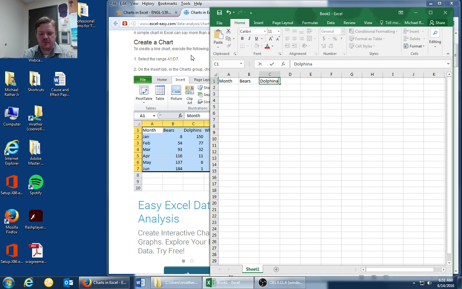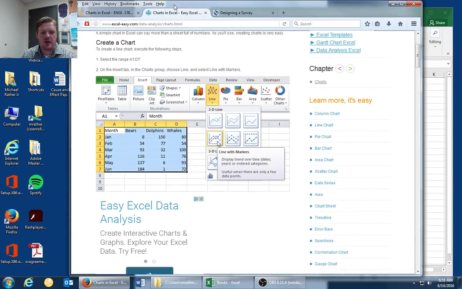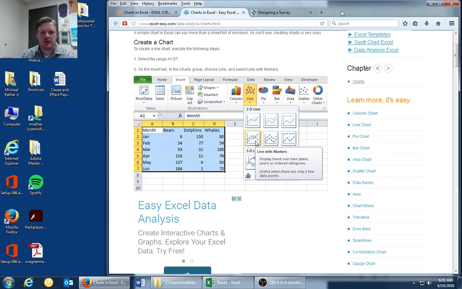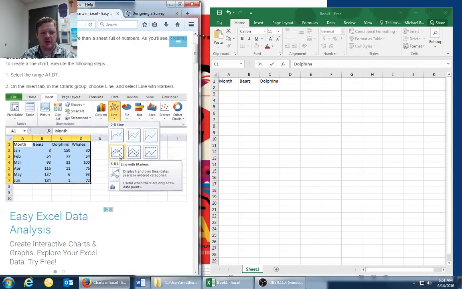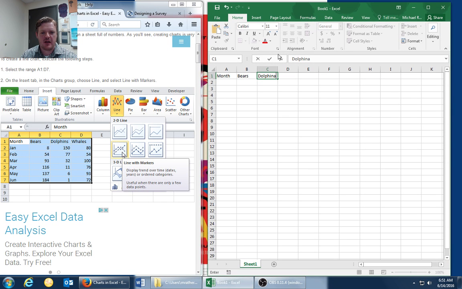Dolphins and whales. That automatic full page there is a bit frustrating on Windows 7. Now that I've got a Mac, that doesn't do that. Okay, let's see. Dolphins, whales. Then we're going to put in the months: January, February, March, April, May,